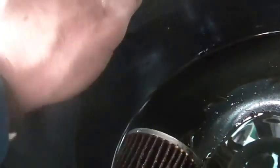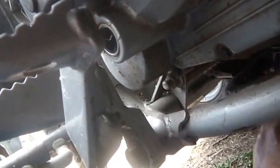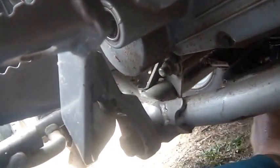Now, for the oil plug, that's a 17, and you guys could see it right back there. I tend to set my wrench directionality before I attempt to loosen these, because sometimes when you're underneath you get yourself turned around backwards. Of course they got this in such a place that you can't quite get your fingers up to it. And of course the wrench is now oiled, so my fingers are slipping. No, might as well catch that. I'm not dripping any oil back here yet. And so you just take that plug out,